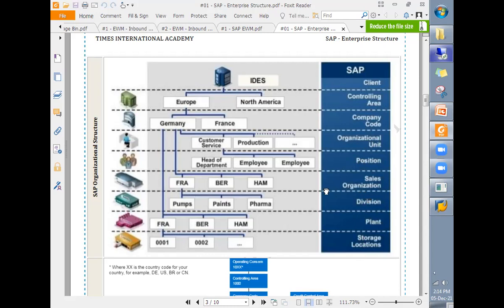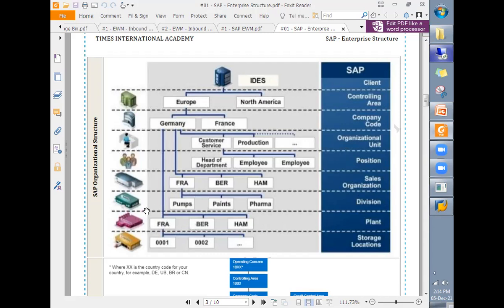Like here we say in industries we have sales department, procurement department, and in those departments we have different designations. Similarly, under logistics, warehouse management and transport management comes. So in industries we have different terms, but when we are creating them in SAP, we have different organizational units like sales organization, purchasing organization.